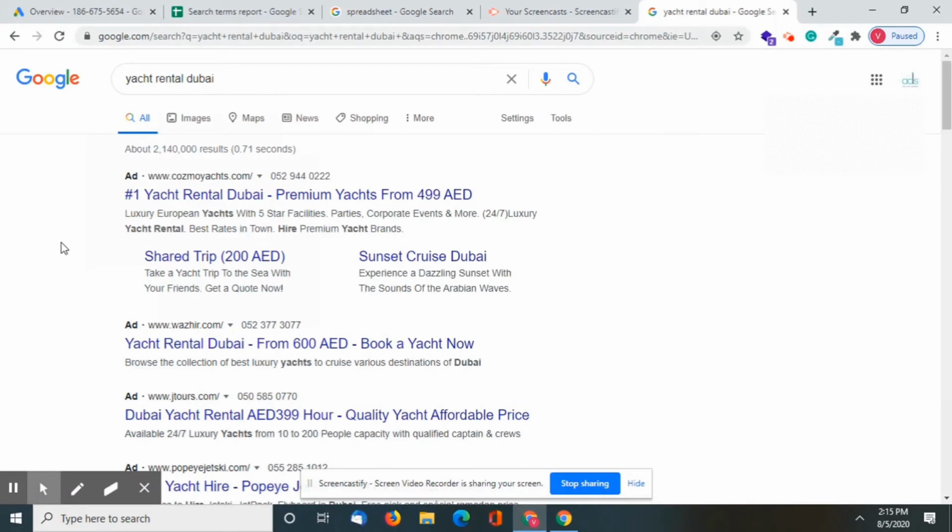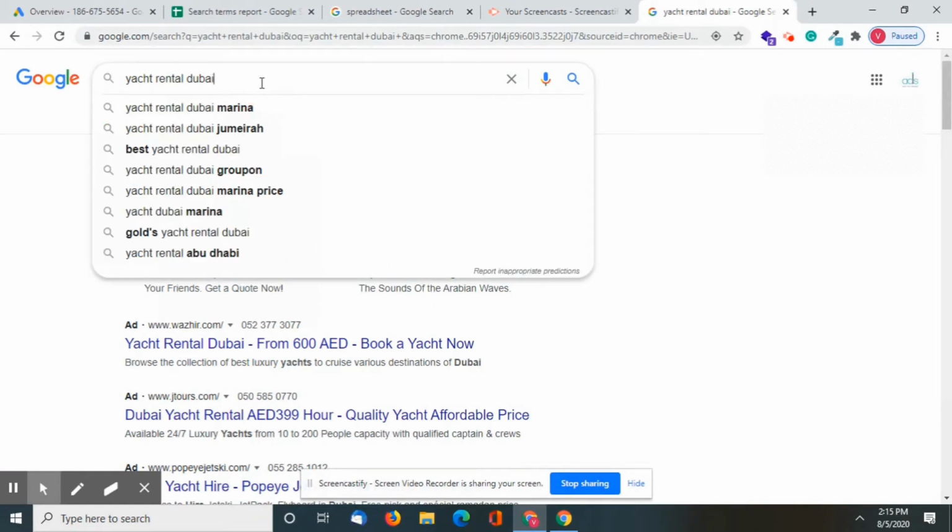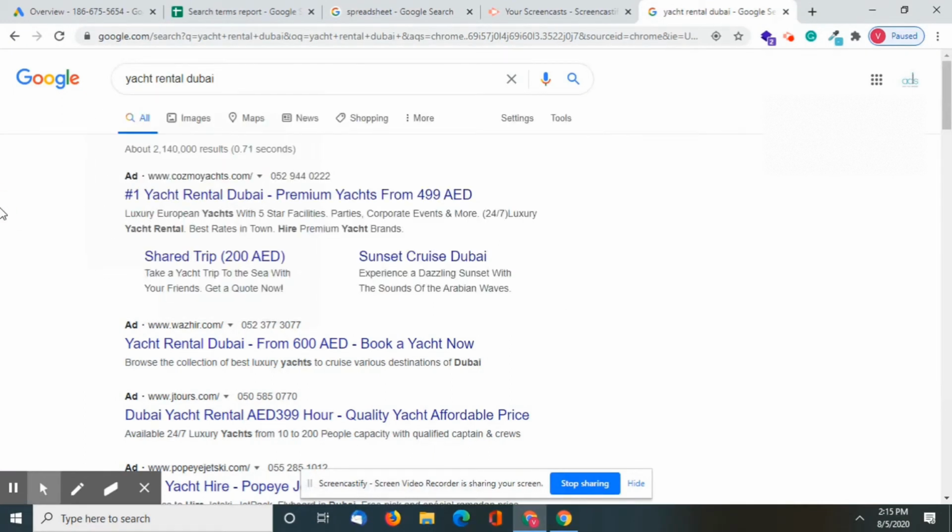Keywords are different and search terms are different. The search term is what the customer searches when your ads are shown. For example, this company named Cosmo Yachts Dubai will have in their dashboard that someone searched for yacht rental Dubai and saw one ad. That's what you call a search term.